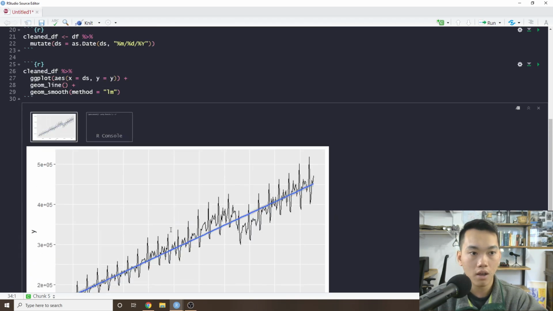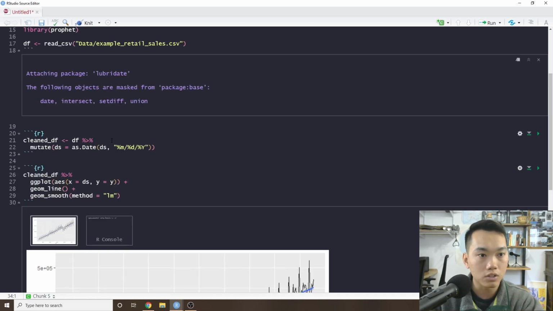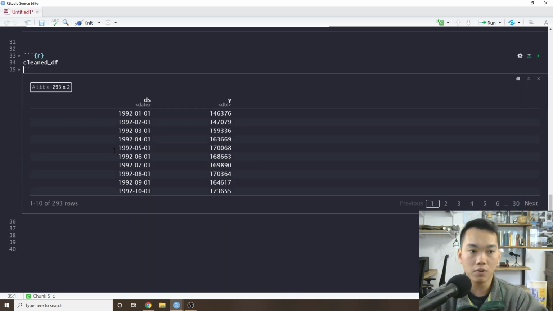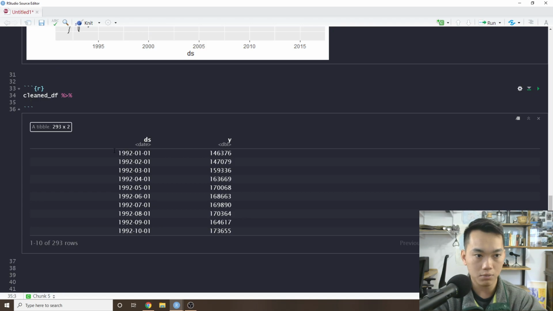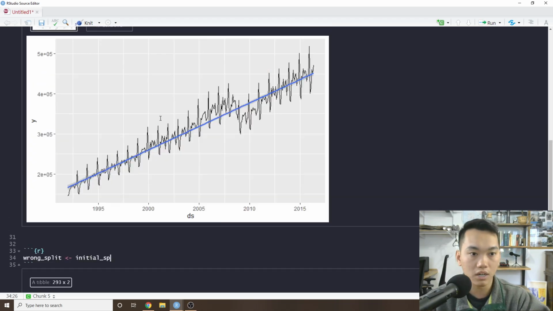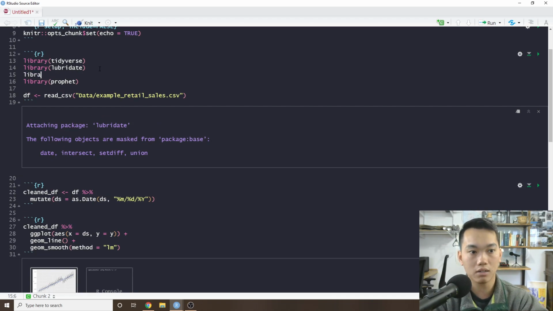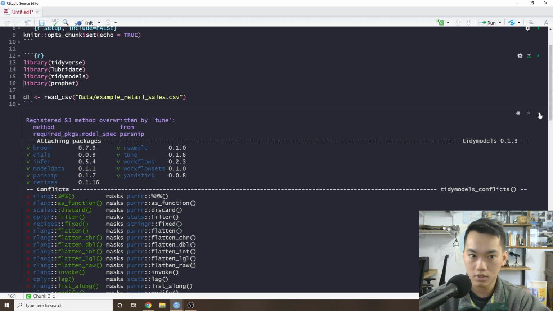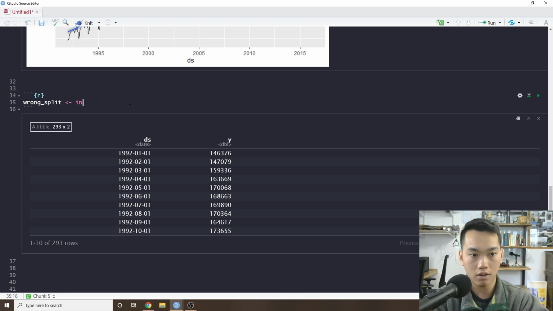But let's go in and see what we would want to do when we're approaching a time series problem. So one of the things that we can think about when we're looking at our cleaned_df is if we did a basic split. So if I want to do an initial_split, initial... Oh, oops, did I not get tidymodels? Oh, I forgot to load tidymodels. Okay. Jeez. Okay. So if I do an initial